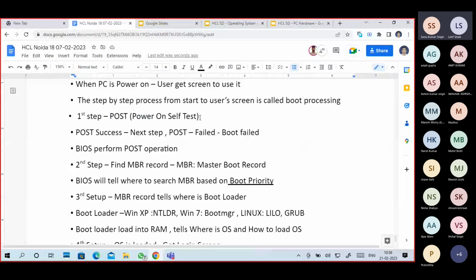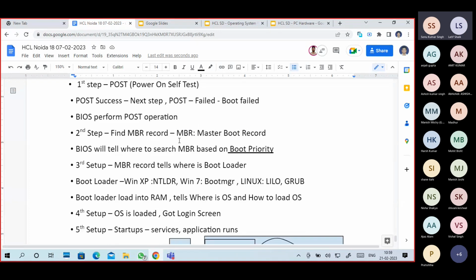Okay, that is the power on self test. If the power on self test is successful, we go to the next step. If the power on self test fails, then it is a boot failure. So that is the first step, POST. Next one is